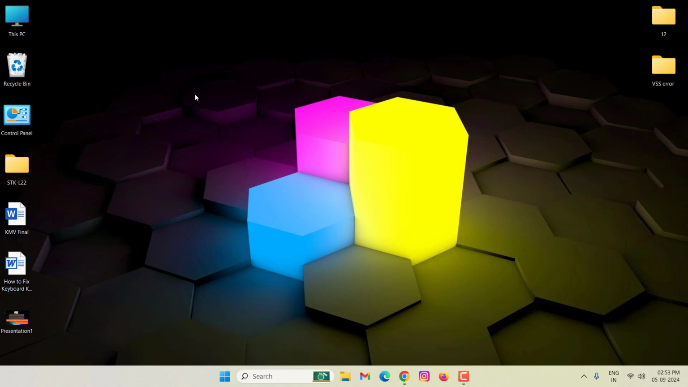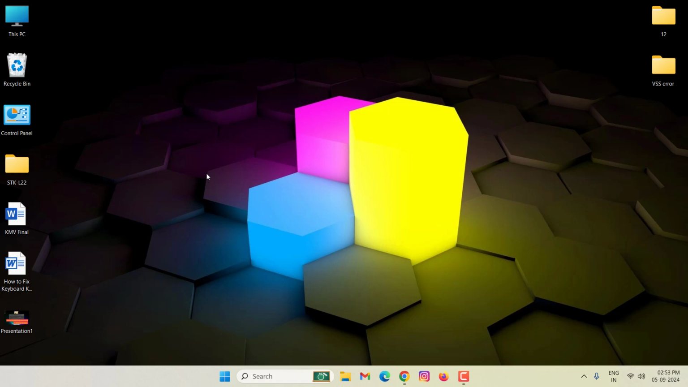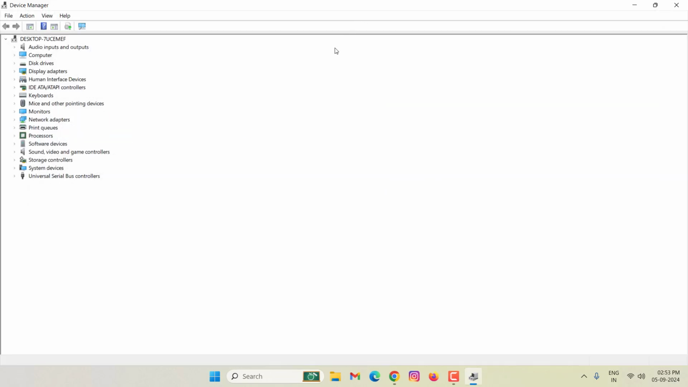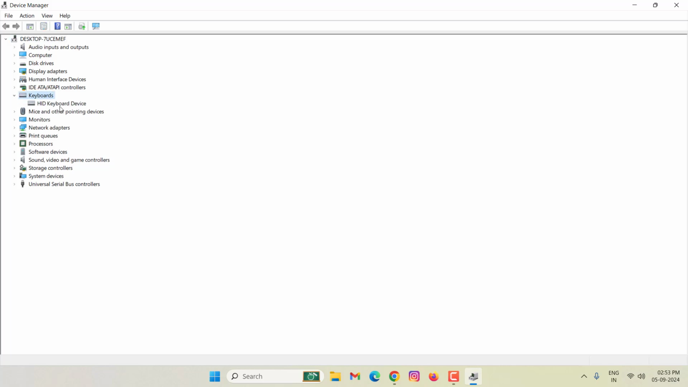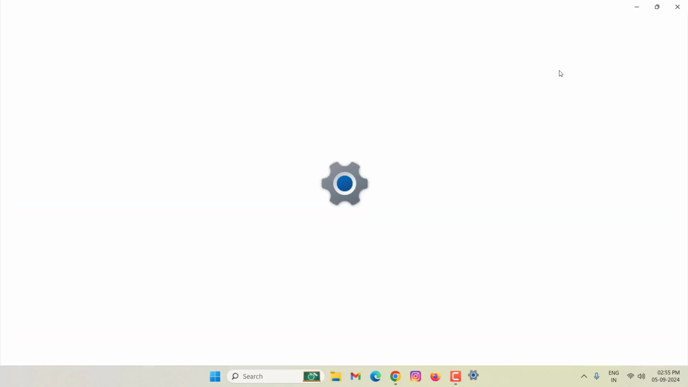If that also does not fix the problem, right click on the start menu, click on device manager, then double click on keyboards, then right click on keyboard device, then click on update driver. After updating the driver, close this window, go to the Windows settings,